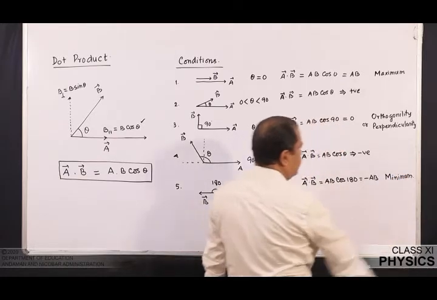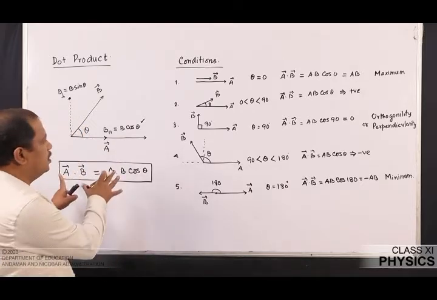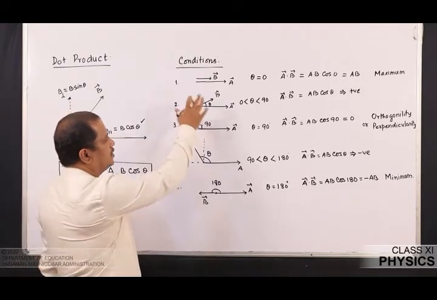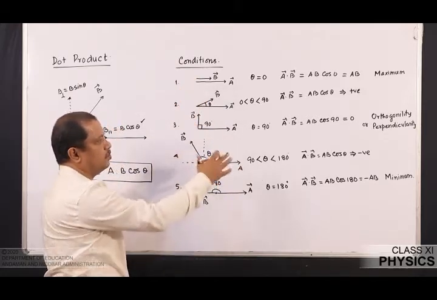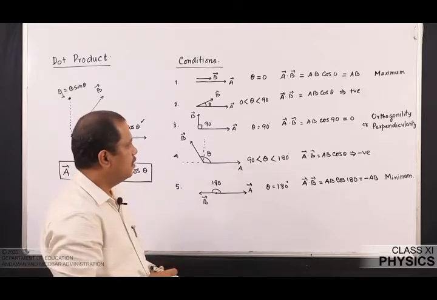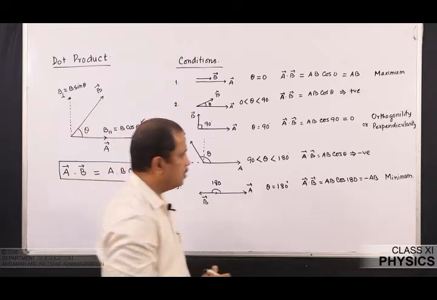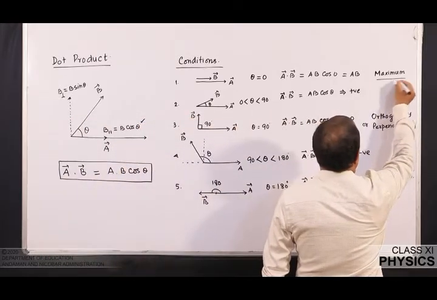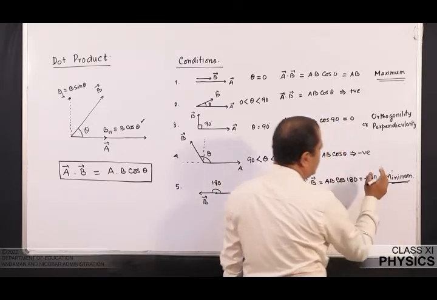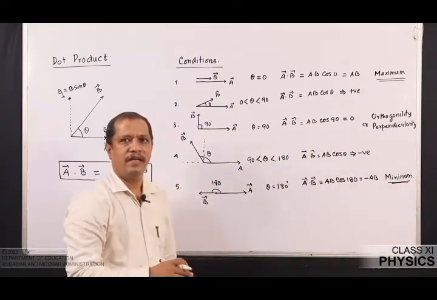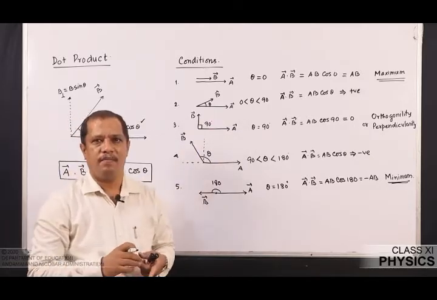Thus, for a student to have control on the dot product, he should have the basic idea about the properties or conditions, whatever they might be. By looking at this chart, one thing I understand: the maximum value of the dot product is AB and the minimum value of the dot product is minus AB. Between these two values, I can have any value for the dot product of A and B.